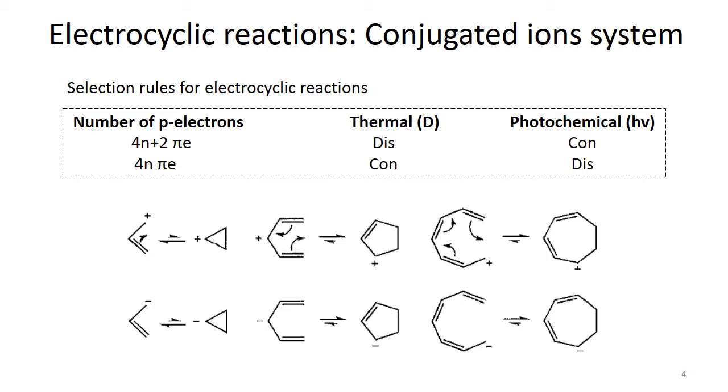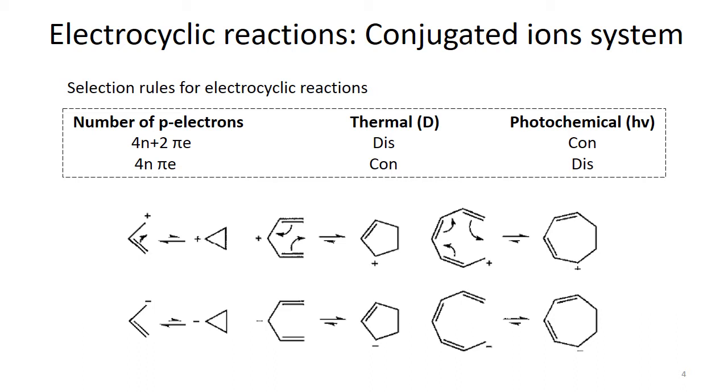And then the next example is the heptatrienyl cation, and in this case we have 3 double bonds and 6 electrons. It means that it falls into the 4n plus 2 pi electronic system, where n is 1, and then this cyclizes into cycloheptadienyl cation. So in this case we have 6 electrons that cyclize, so we follow the first conditions, that is the 4n plus 2 pi electronic system.